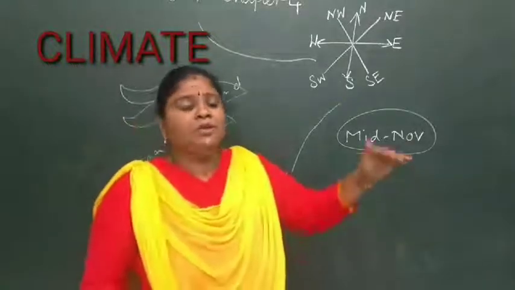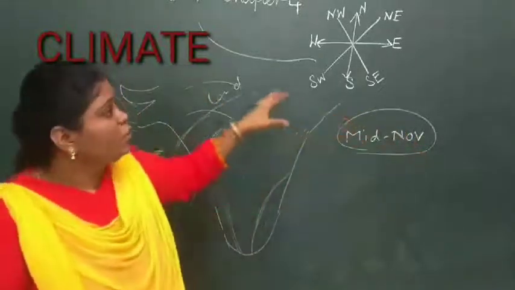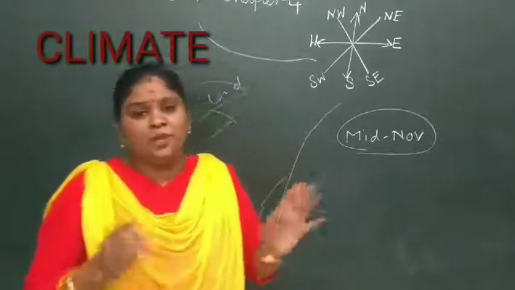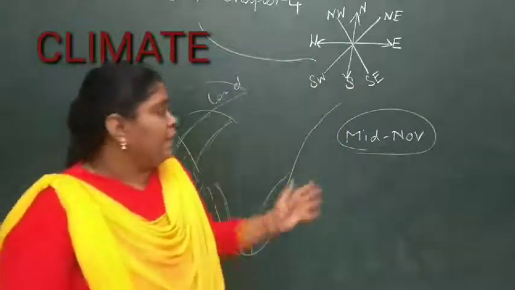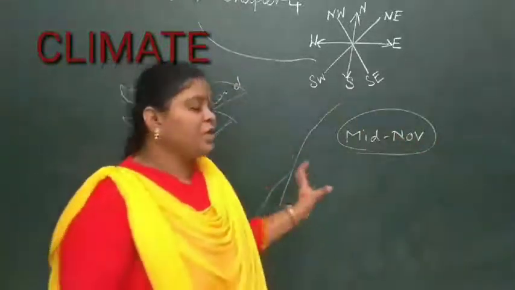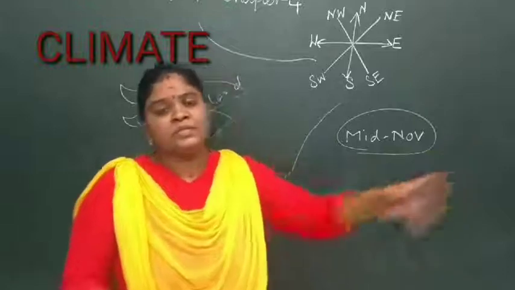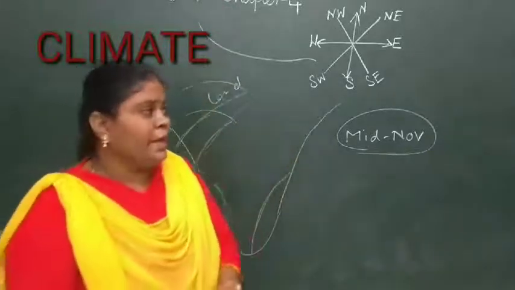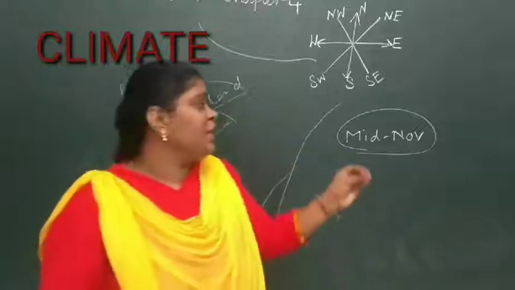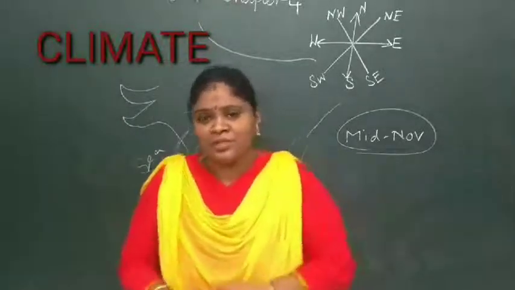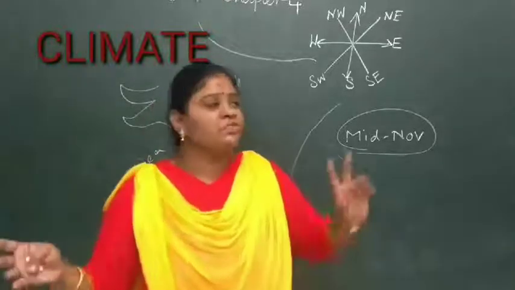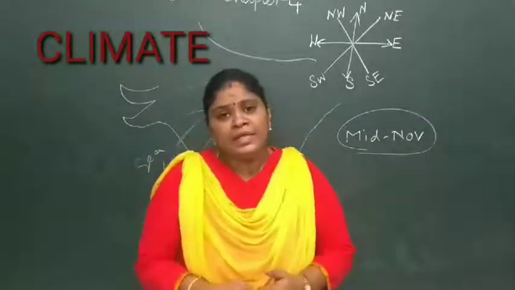So, might have understood the cold weather season. The cold weather season starts from the middle of November, and you can find it prevailing through December, January, and till February. The temperature will vary from place to place. For example, Chennai will be around 24 to 25 degrees Celsius. In the northern regions it will range from 15 to 10 degrees Celsius.